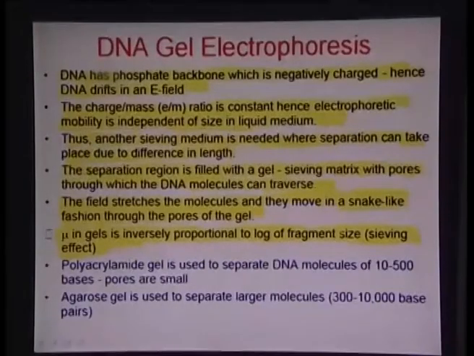In that case the channel size is much smaller, about 10 nanometers or 20 nanometers, and therefore that gel is more clear because it essentially holds less water. So there is less scattering of light. Agarose, on the other hand, is a very milky, very turbid medium because of the presence of a large amount